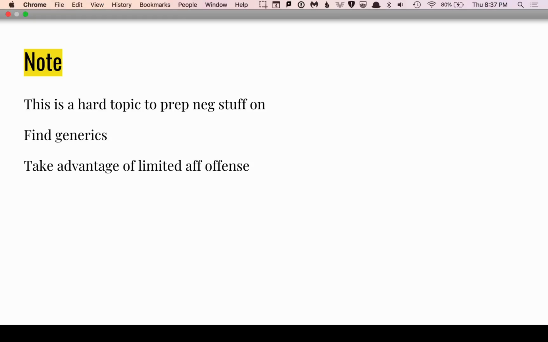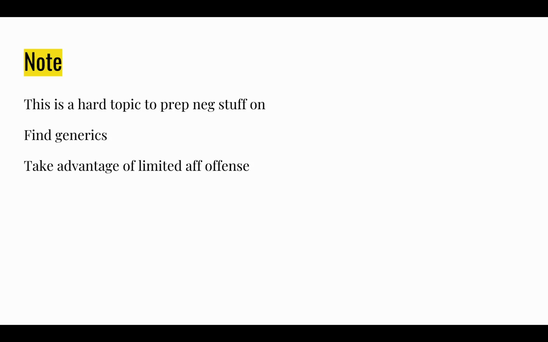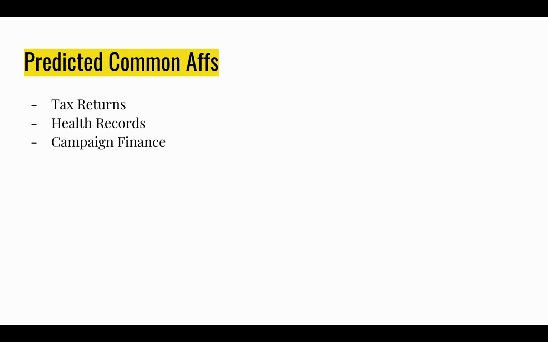So by building neg generics that will apply no matter who the AFF is talking about, I predict a large number of AFFs will talk about Trump, and being able to respond to them is useful, and you'll be able to supercharge these generics by the fact that AFF offense will likely be pretty tenuous. So what the structure of this will be, given the lack of many wide-ranging generics, is I'm going